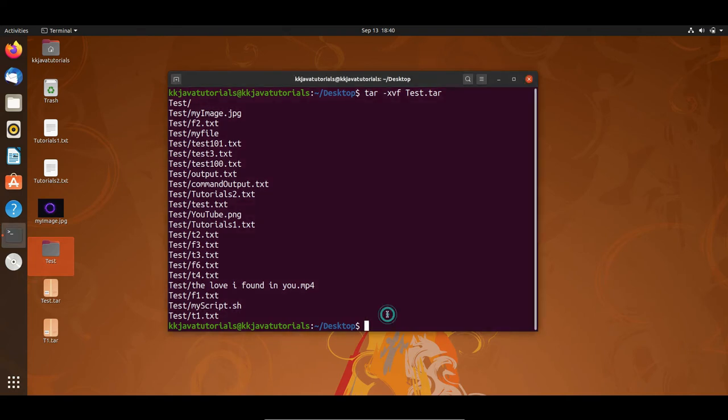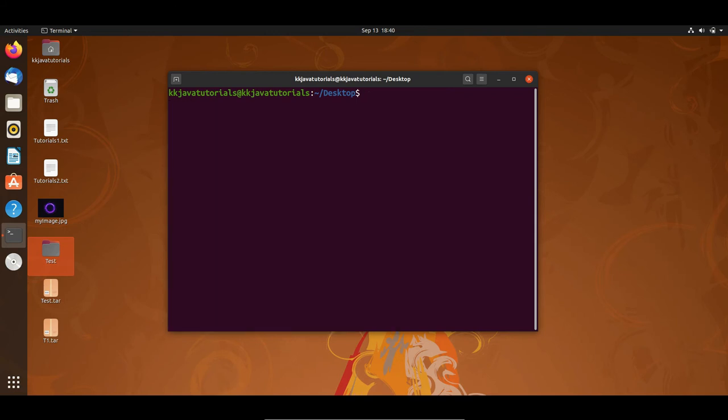Now next thing I'm going to show you how we can create a .tar.gz file. That is also kind of basically gz means gzip file. This is a kind of basically a gzip file. So after .tar you can give one more extension for zipping that tar file, right? So to create a basically gz file is pretty straightforward.